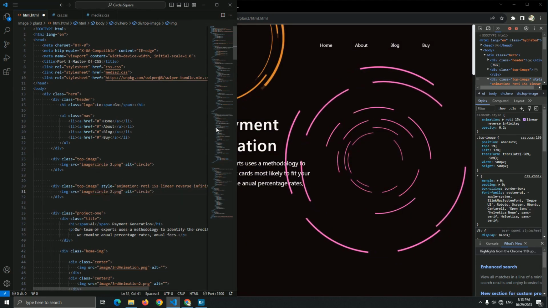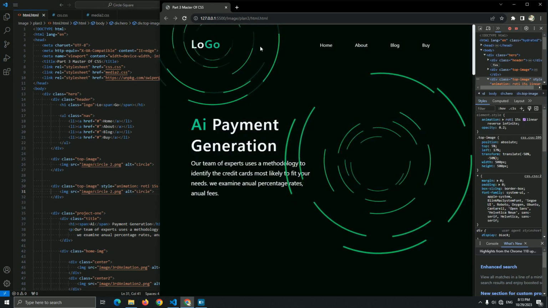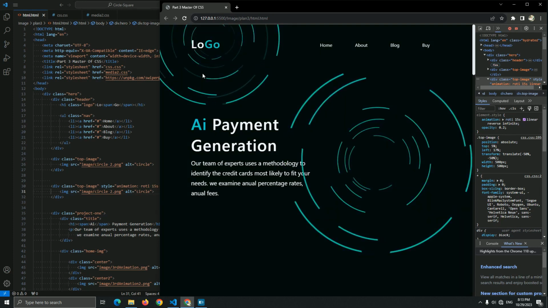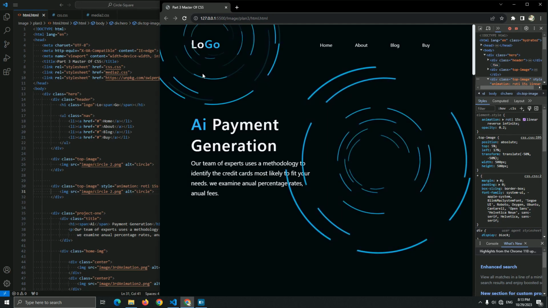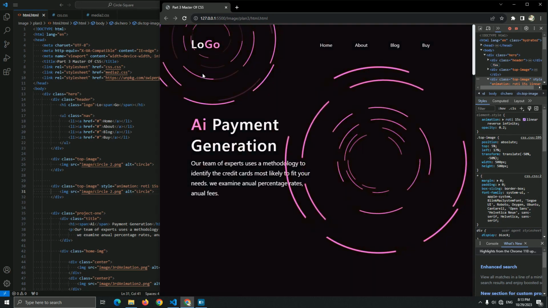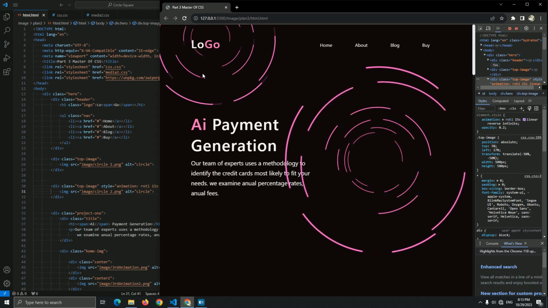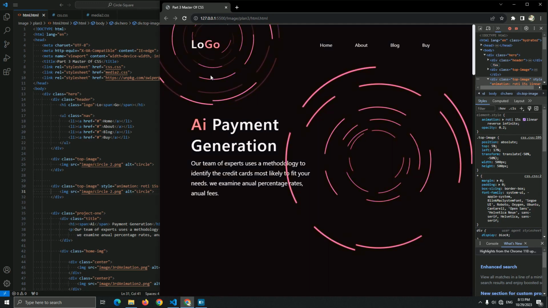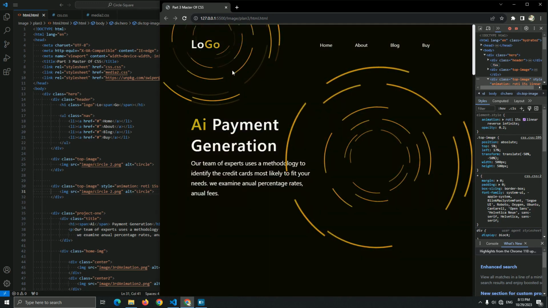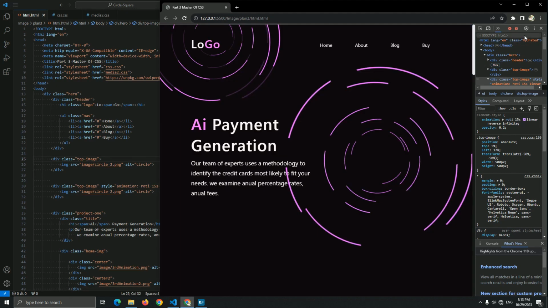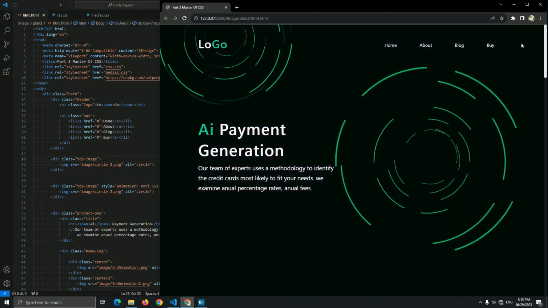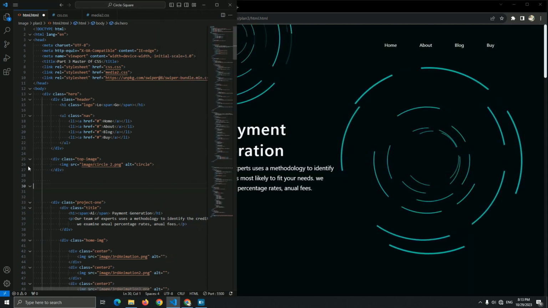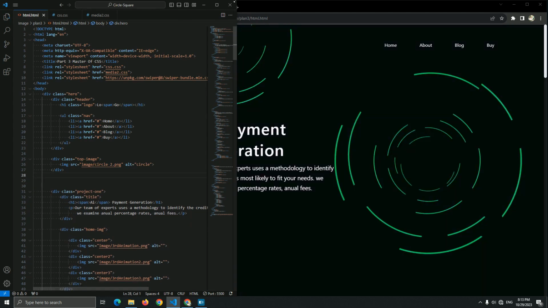But if you look here, the PNG of this circle does not have the same width and height, even though the size of this image is the same in width and height. So be careful when you choose an image, and when you choose the next image for creating a rotate animation, make sure the width and height are the same, even inside of the PNG, so the circle is real. This is the important thing you must know, guys. I hope you understand this, and this is why this problem happens. I'm sorry, my image is not good.